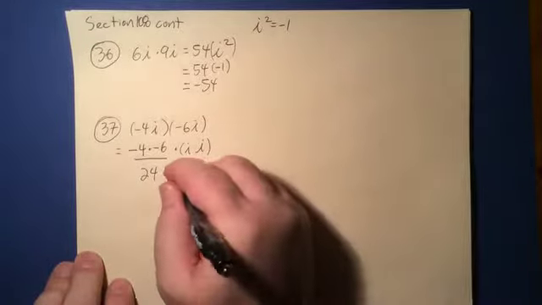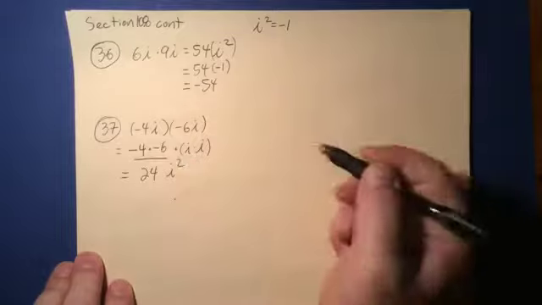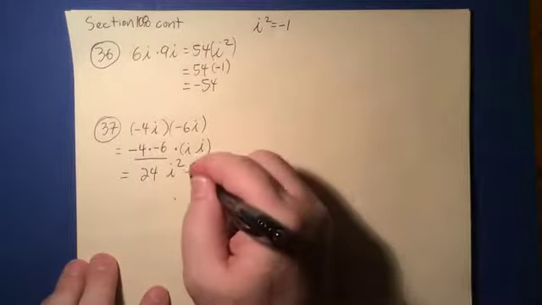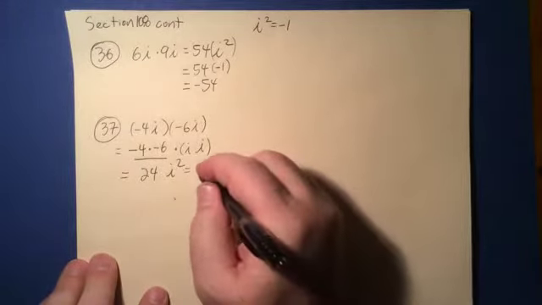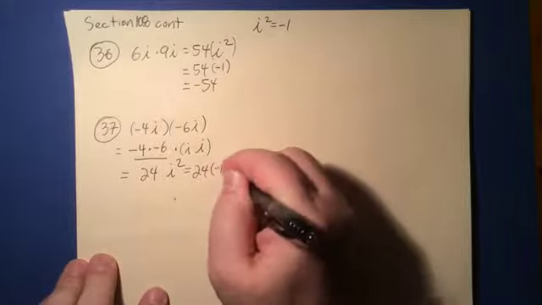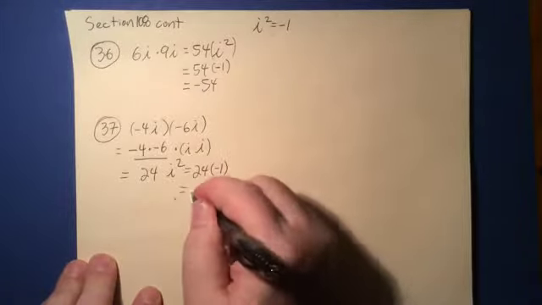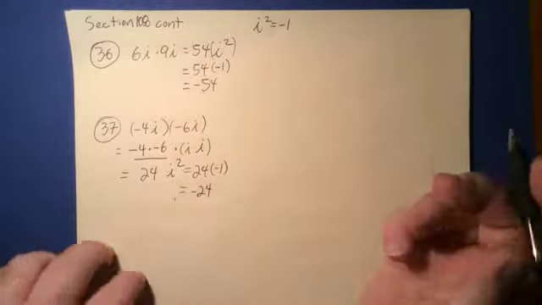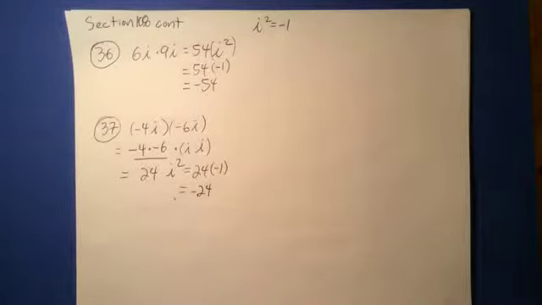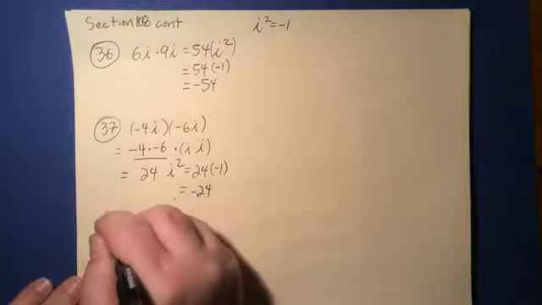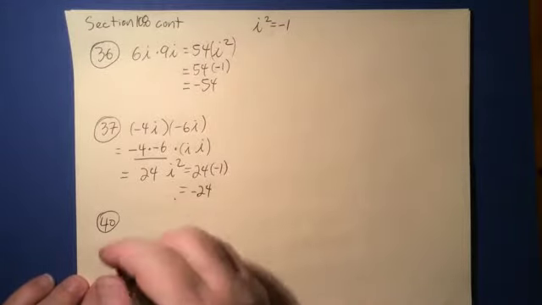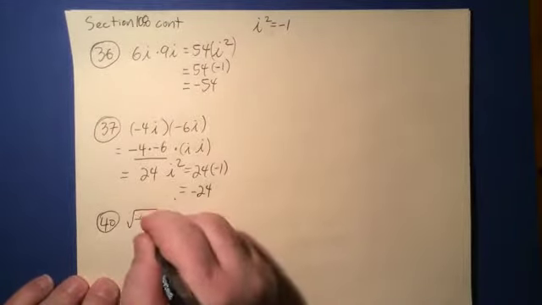i times i is going to equal i squared. And again, as we mentioned before, we know that i squared is equal to negative 1, so I can write this as 24 times negative 1, or I can write this as negative 24. So again, we have to deal with the idea that i squared is equal to negative 1. Let's carry this a little further and see how we treat such problems once radicals get involved. Let's take a look at question 40, and here we have negative radical 49